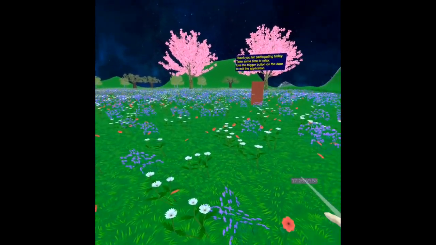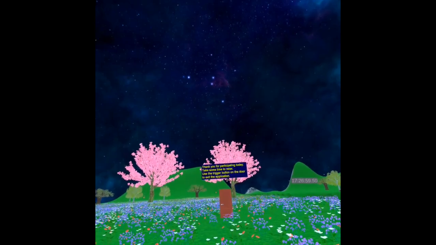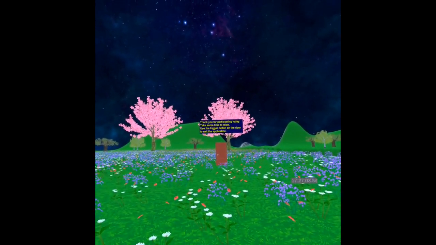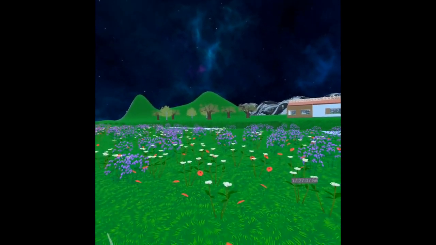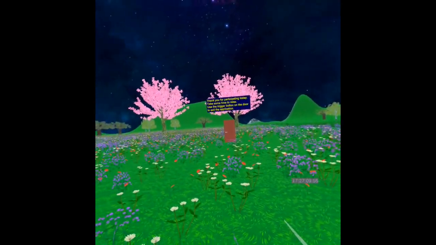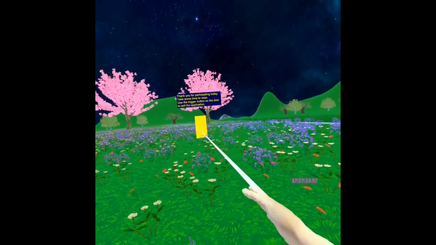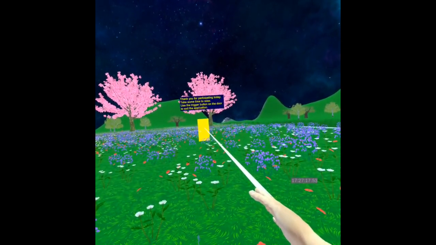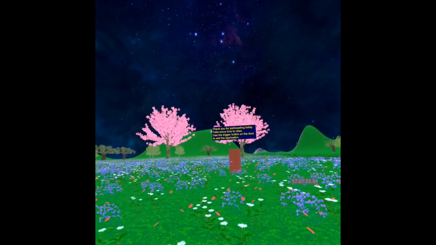This just lets participants sit here and take in the environment, gives them a chance to kind of wind down after the activities, and when they feel that they are ready to go, they can press the trigger button while pointing at the door here to exit the application.